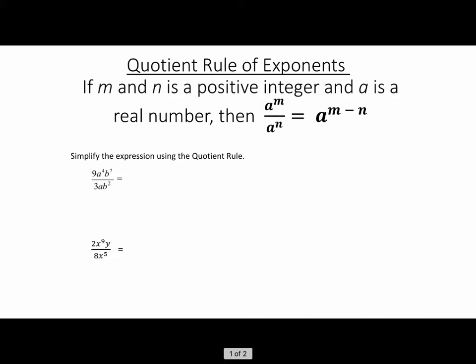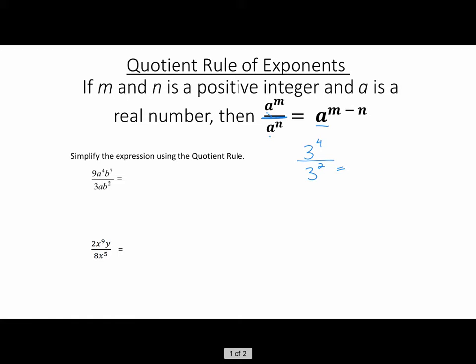Quotient rule of exponents. If m and n are positive integers and a is a real number, then a to the m divided by a to the n is a to the m minus n. What this rule says is, if you are dividing the same base a, then you keep that base and subtract the exponents. For example, if we have 3 to the 4 divided by 3 squared,